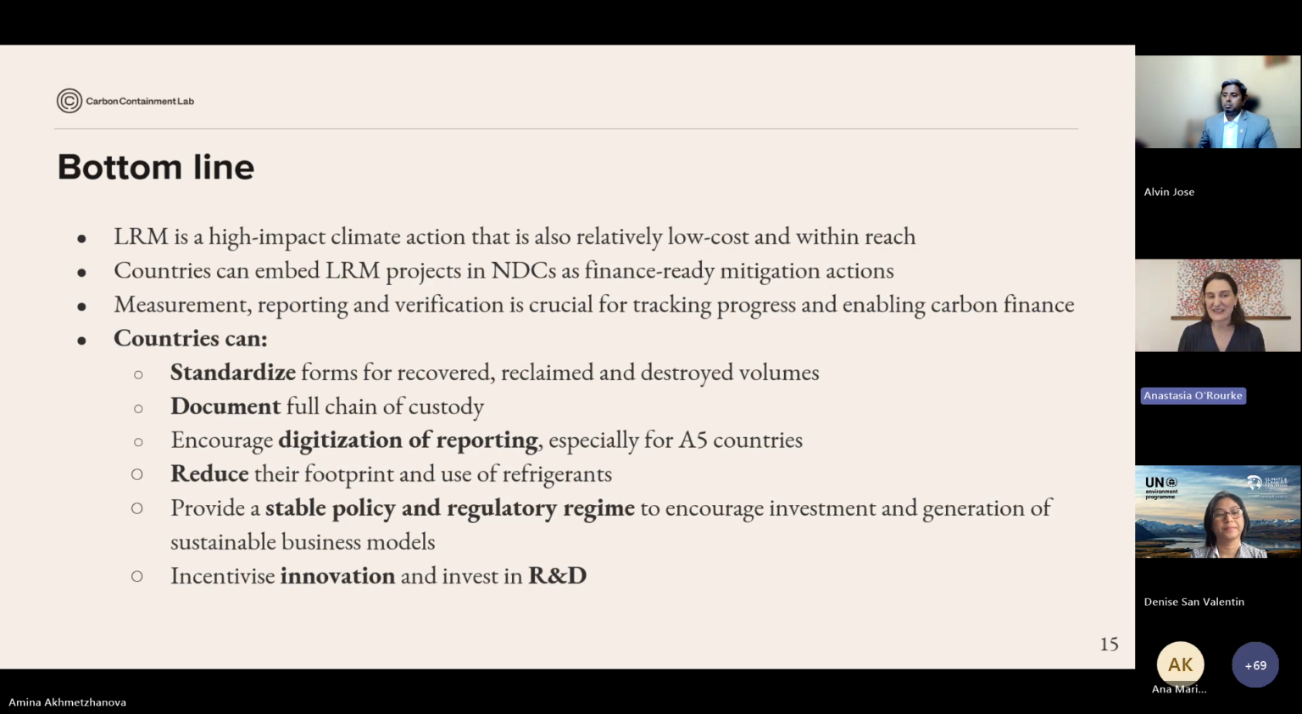So there's many activities that countries can do. And we really encourage everyone to take a look at this, to take a look at the reports that CCAC and the guidance has put out, and to share your experiences with us. So with that,